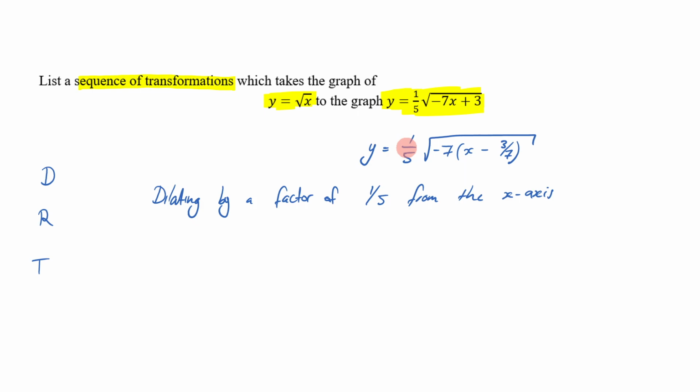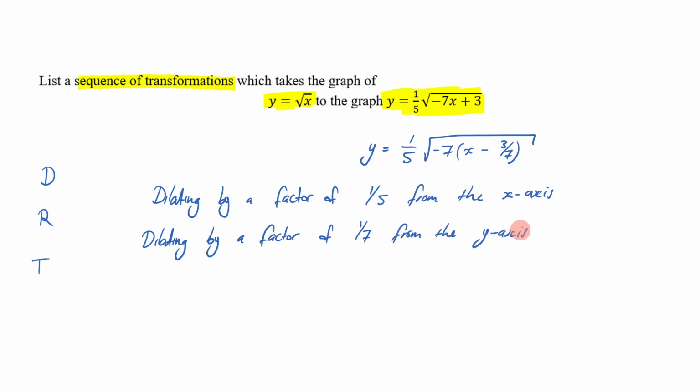Then after that, we've got a dilation from the y-axis. So then we're dilating by a factor of, now this is where you've got to remember that if it's 7, you take the reciprocal of it if you're dilating from the y-axis. So it's going to be 1 on 7 from the